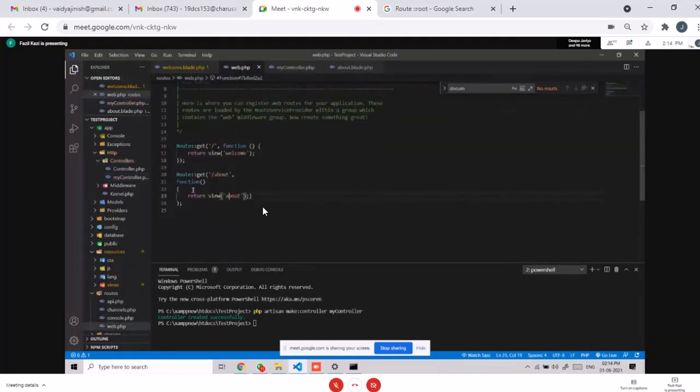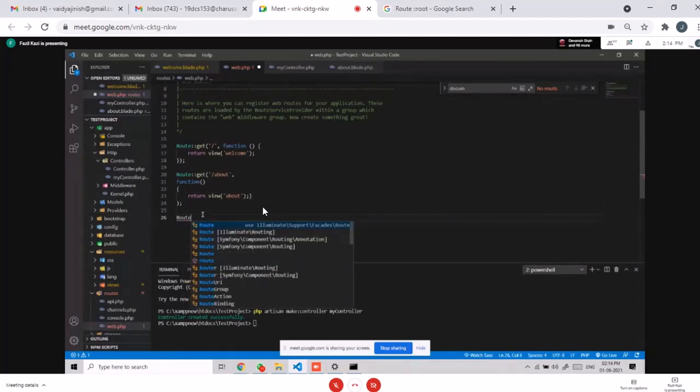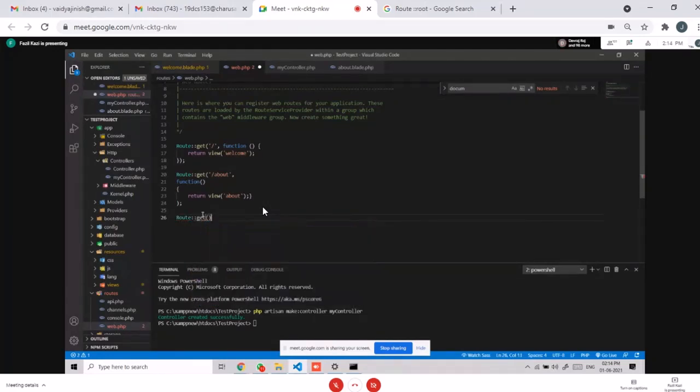Now we have to write something different for the route, not in the same way that we have done before. We can do it like this: Route::get, and it is like slash index. Now we are calling this from the controller, so we need to write the name of the controller, which is MyController.